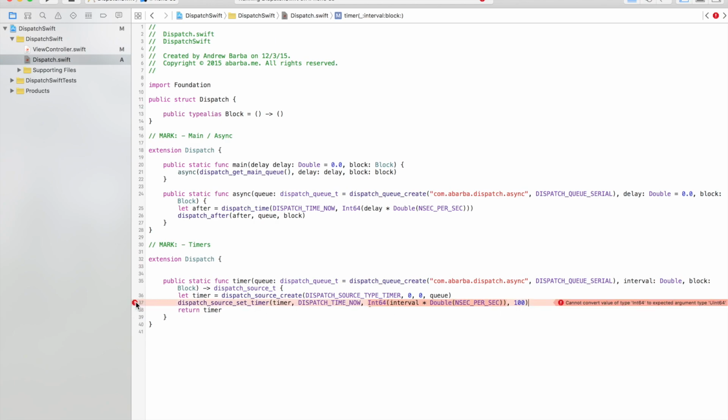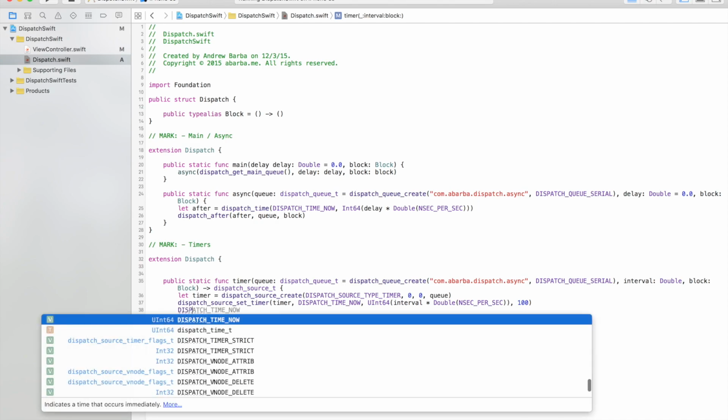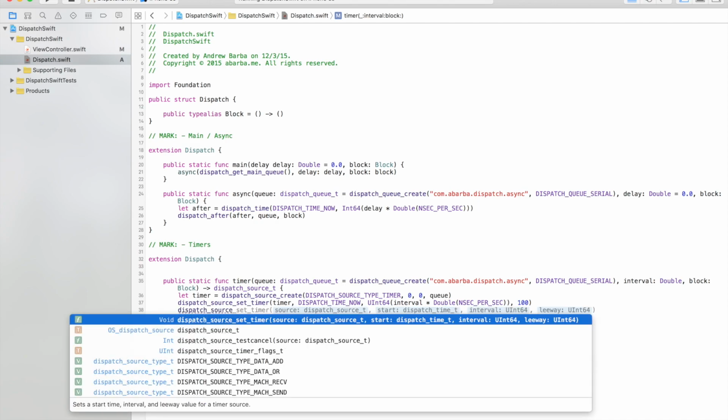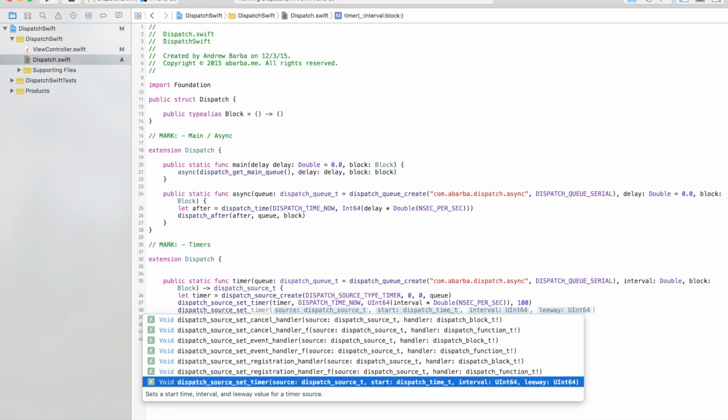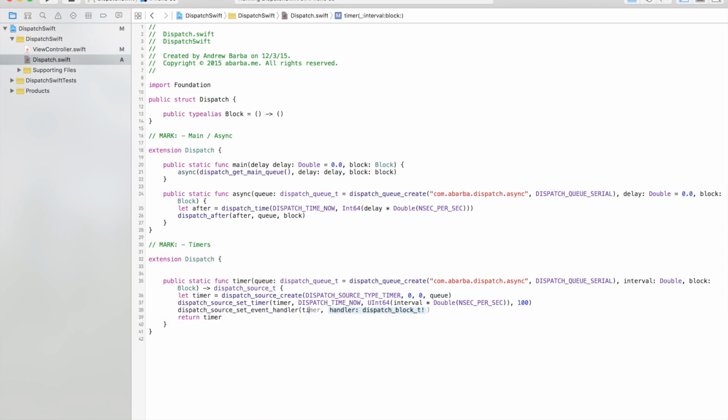Let's see, what is this complaining about? uint64. Okay, there you go, Swift. So yeah, make that an unsigned integer. All right, so that basically tells the timer how frequently it needs to run. Now we actually have to set our block. And there is, of course, another function to do this, dispatch source set event handler, pass in our timer, pass in our block,